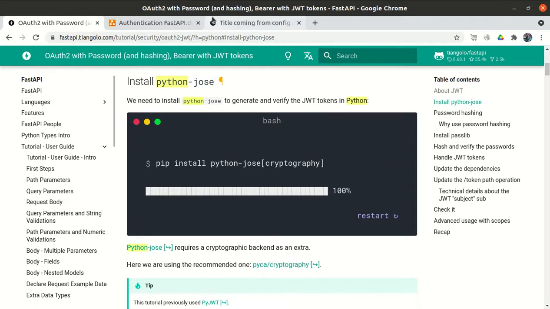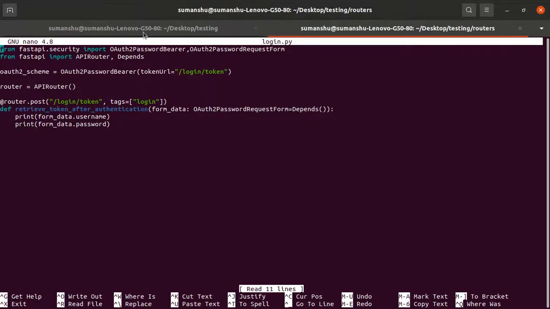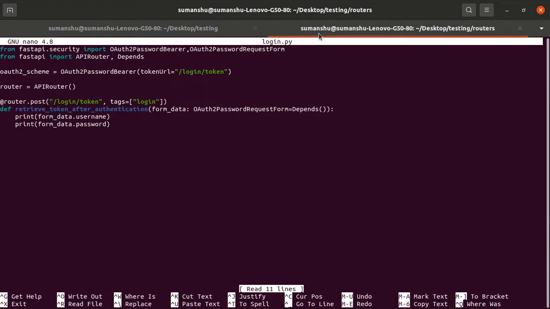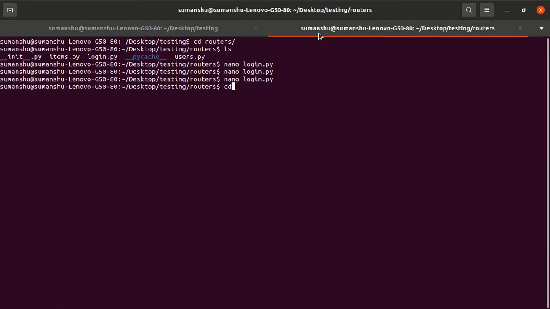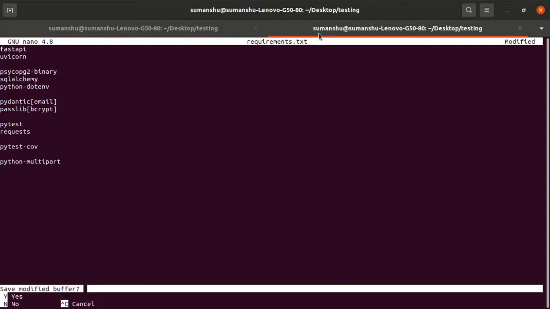But because it is form data, we have to install the Python multipart. Even if we don't know, it gives the error and says that this needs to be installed. So let's update our requirement.txt file with the Python multipart.